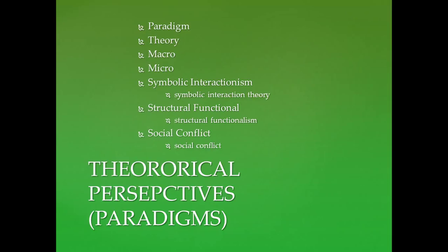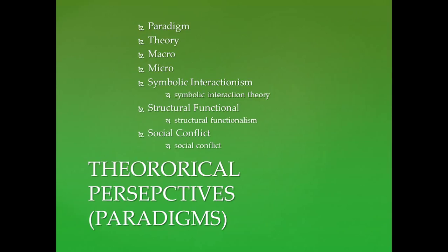A theory is the how and why facts about the world fit together. Sometimes these can be very detailed constructions of an organization or a community or some societal event, or it can be a very large scale or macro level theory that talks about how society as a whole